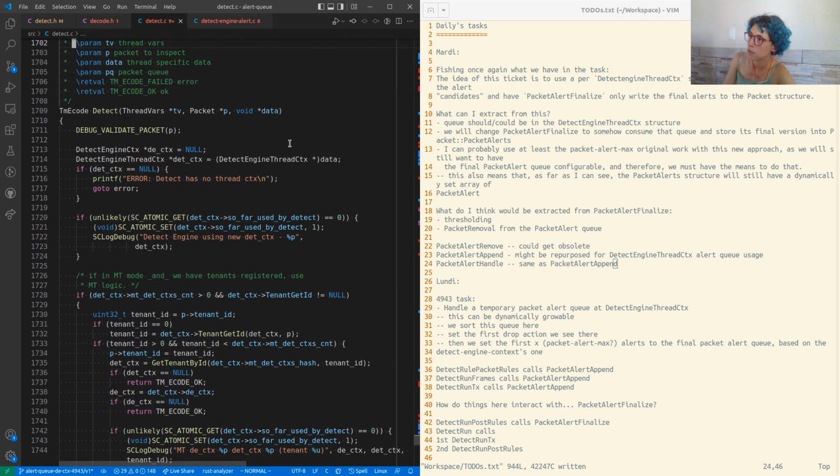We saw up here that we get this data here, and then it's cast to a detect engine pointer. So this would mean, do we have something here already? And if that is the case, where is that one used, called, whatever?